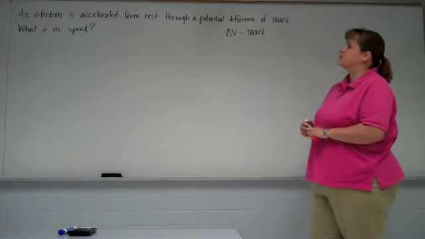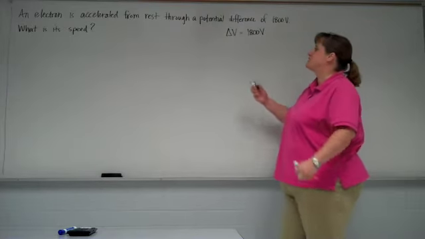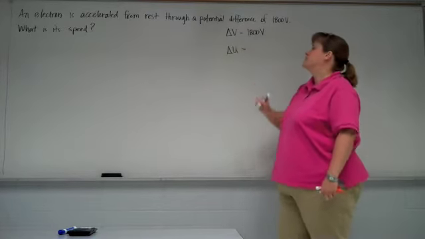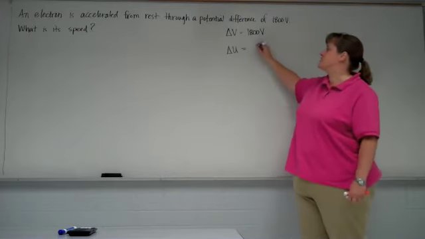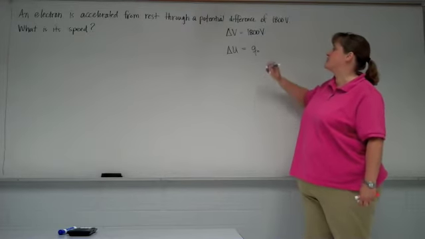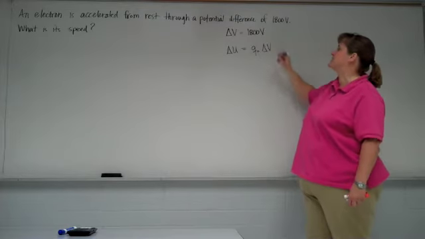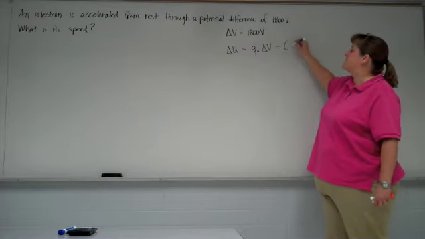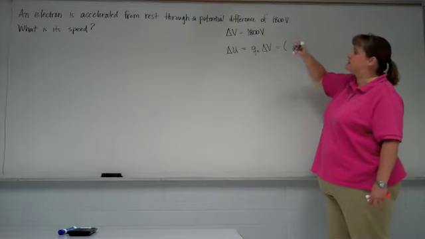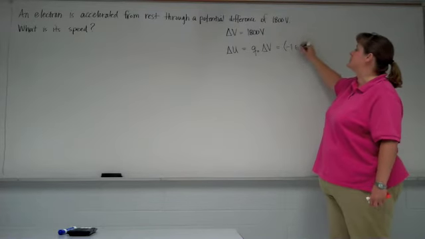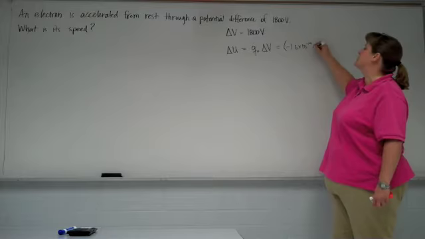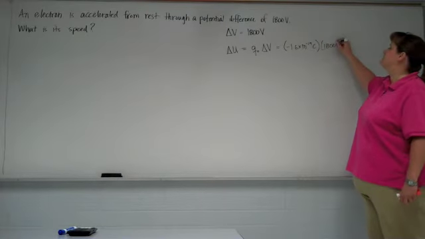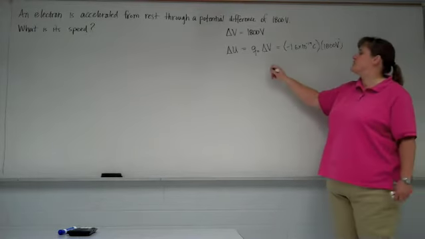Whenever a charge moves through a potential difference, its potential energy is going to change. Potential energy change is equal to the charge that's moving through the potential difference times delta V. So for the potential energy change, we have Q for an electron is negative 1.6 times 10 to the negative 19 coulombs. Our delta V is 1800 volts. So delta U